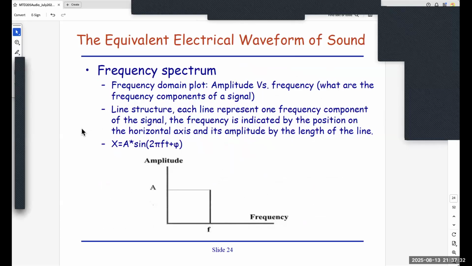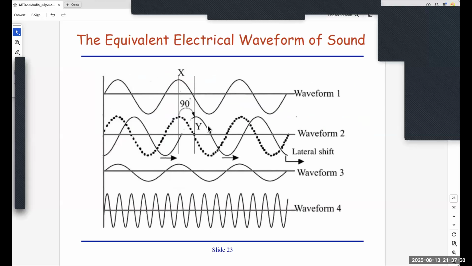And of course, humans are so smart. Not me, I'm not smart, but in the early days, scientists were very smart, and because they were eager to make life easy for themselves. As you know, humans are very smart because they try to make things as easy as ABC. So they mathematically came up with a concept called frequency spectrum. You can see here, using sine waves in terms of time is very messy. You need to draw 3 cycles per second. This is even worse, this 15 cycles per second.